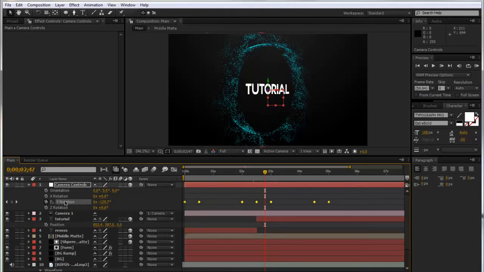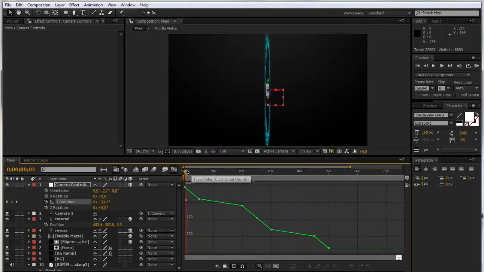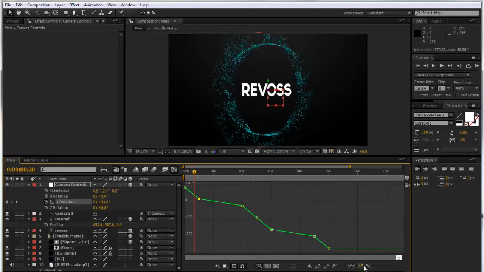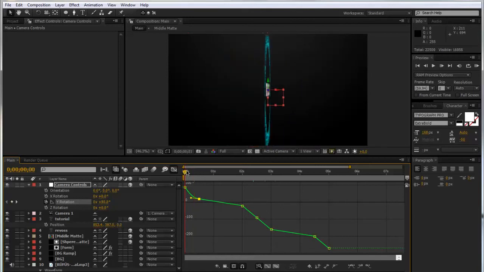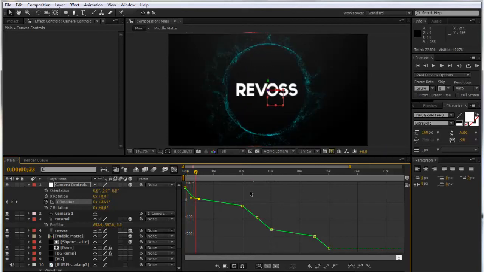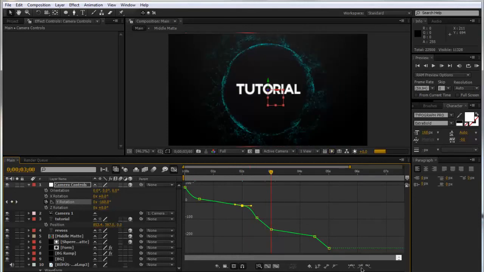If we make sure the Y rotation is selected, now what I want it to do is, as it rotates around, I want it to go fast, but then slowly go in. So we can click on this keyframe here, and then hit this little button to ease it in. We can just drag this pulley. So now it goes fast, and then it slowly slows down, and then we can do the same, but this time we want it to go fast out. So we click this one, drag it out a bit, and we want it to ease in here. So we can click on this keyframe, ease it in, pull this out. We want it to go fast out,